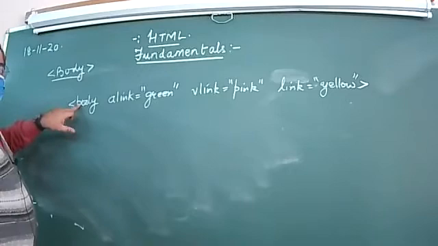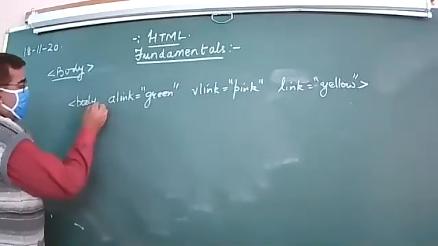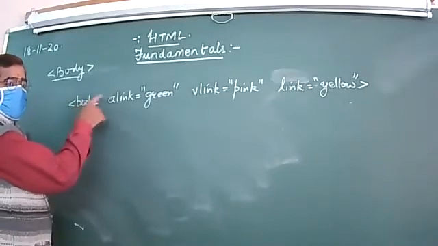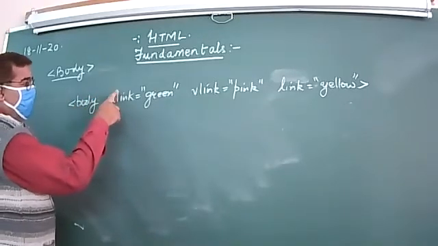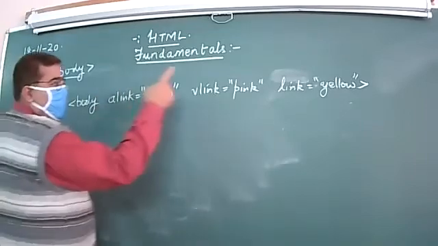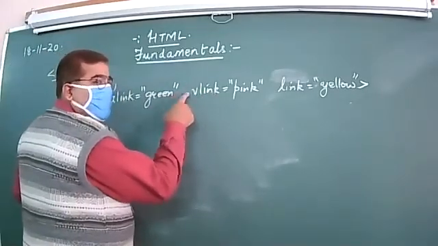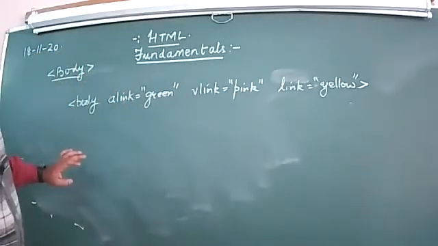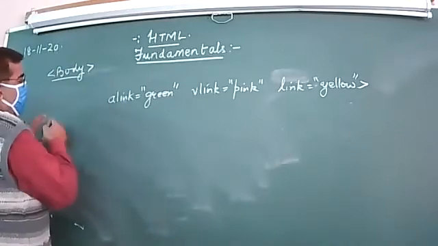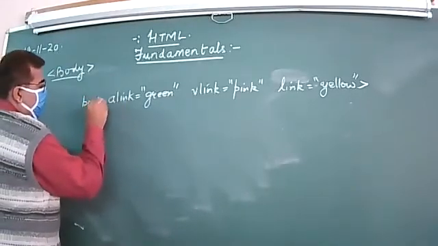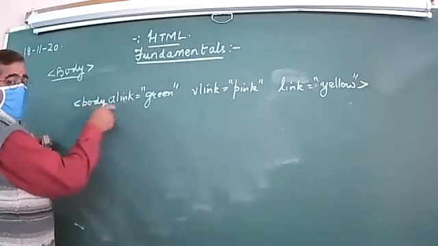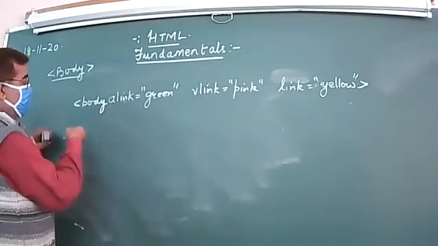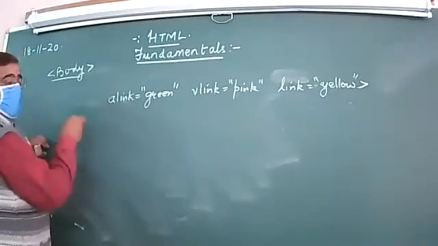So all the three attributes, they are included inside the body tag. Clear? And remember one thing, there is always a space between the tag and the attribute. And when you write one attribute, then you start another attribute, then also there is a space. In what condition will your marks be cancelled? If you are giving no space between the tag and the attribute. Right? So be very careful with these minor points.